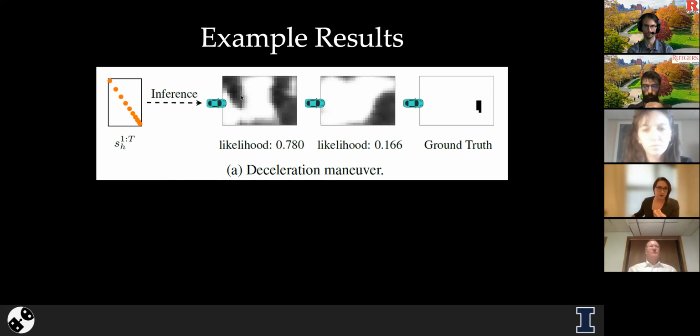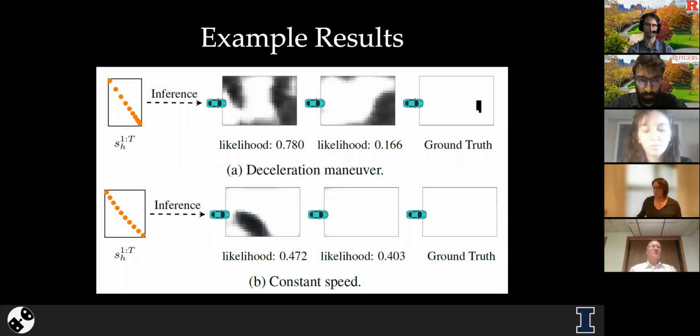There's some reason that they're coming to a stop. But it could also be that they see some object off in the distance and they are starting to stop early. So what's nice about having these multiple modes with some likelihood associated with them is we can see the variability in what could cause human behavior. In this example, the less likely one actually was what happened, but it's very hard to know